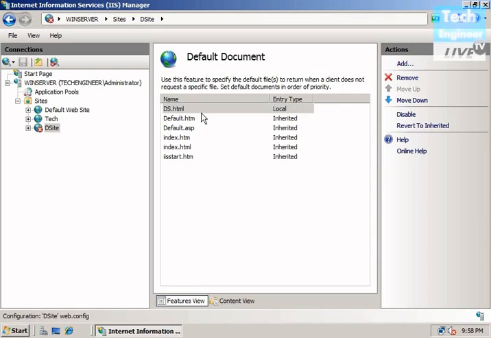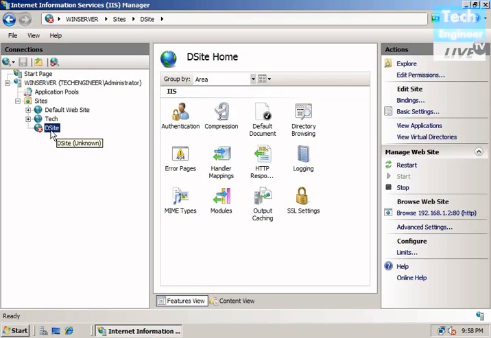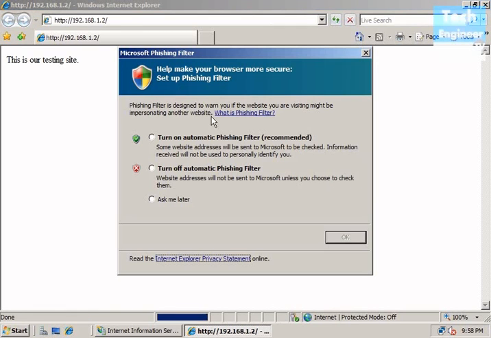Okay, so now it's time to restart the website so it will be live. Okay, so starting. So with the IP address, the job is done,